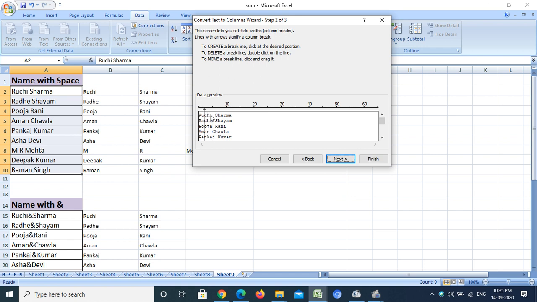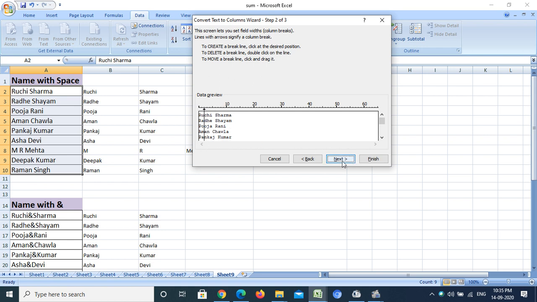I want to split my text after 2 alphabets, that is RU, and you can see in the preview window. If I want to separate from here, I can split my text. I want RU in one column and the rest of the text in a different column.